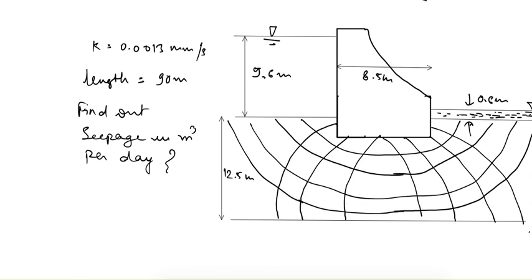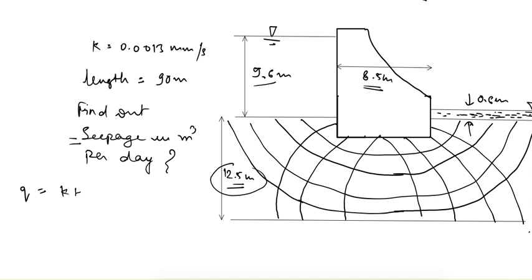Now this is a previous year GATE question. We have been given this dam, and the head of water is given on both sides of the dam, along with the flow net, and we need to find the seepage in meter cube per day. There are many redundant things given in this question, like this 12.5 meter thickness, which is not necessary, and this 8.5 meter thickness, which is also not necessary,